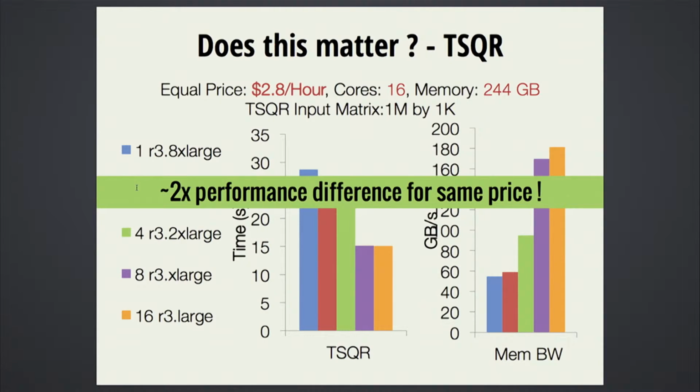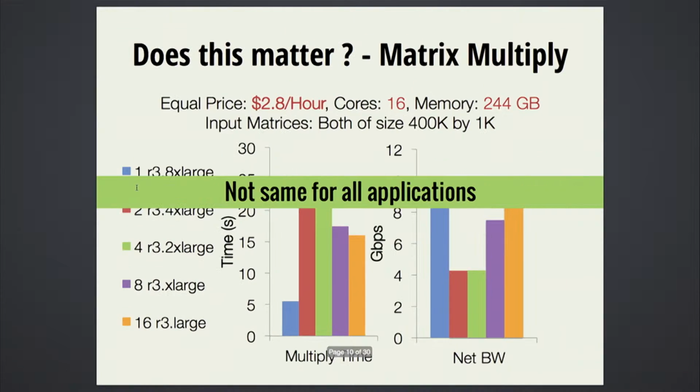So does this remain the same? Am I going to use the same R3.large instances for all kinds of workloads? It's not quite that way. So we ran another benchmark, a matrix multiply workload that's more communication intensive. In this case, we found that one big machine saves you a lot of time on communication, and you can get much better performance on this one giant R3.8xlarge machine. So there is a factor here based on what your application is doing. Different kinds of instances might be more appropriate for it. So that's on the instance type that you want to choose.